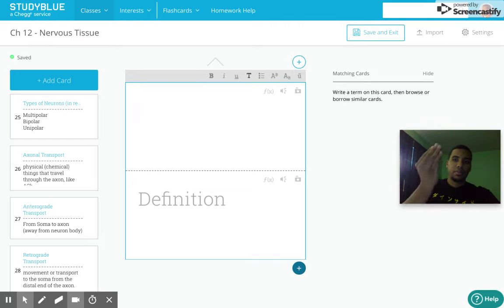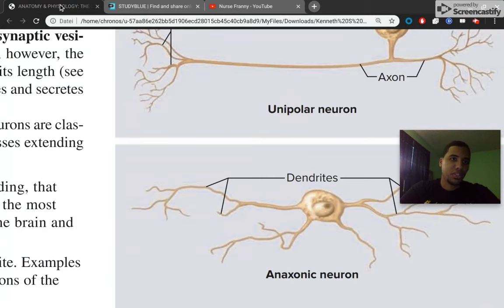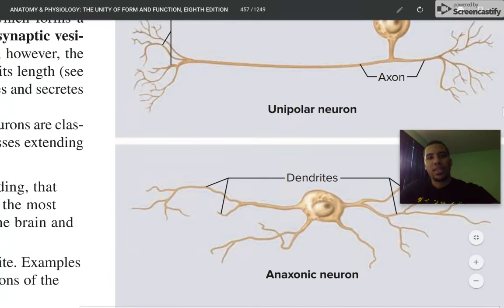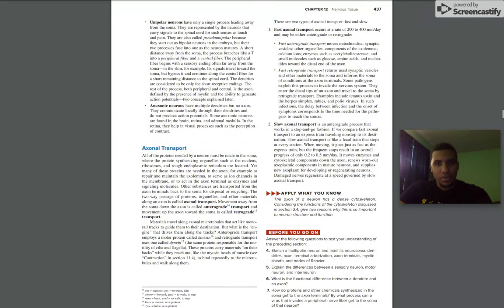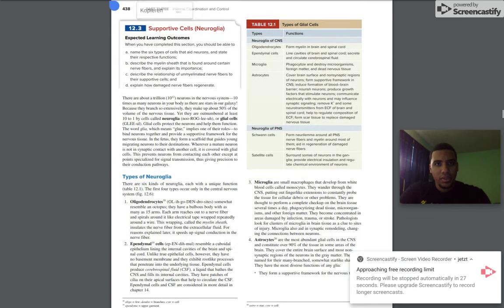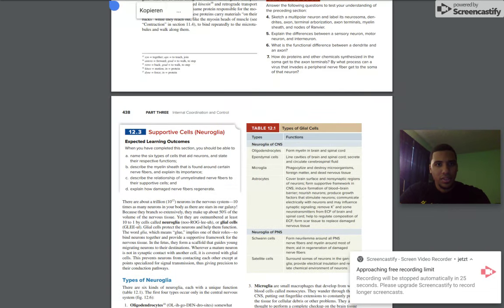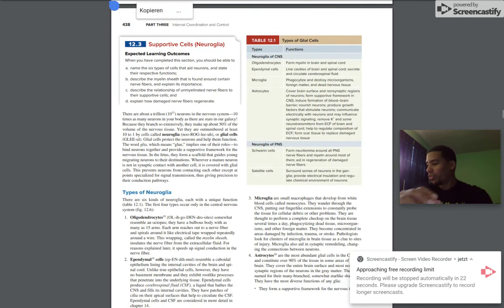So going up or back up to the soma, that's retrograde, and going down away from soma to axon, that's anterograde. Let me see if I could bring the page here. Could not bring the page because now we need to talk about the supportive cells. But just remember that you have anterograde and retrograde transport. Next we have fast axonal transport and slow axonal transport. You don't have to remember the very specific speeds, but just remember that regeneration in a nerve occurs with slow